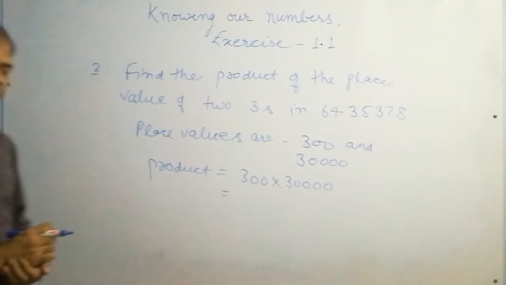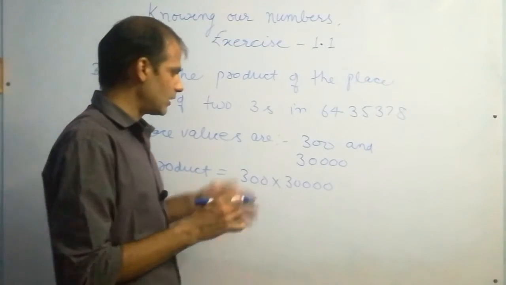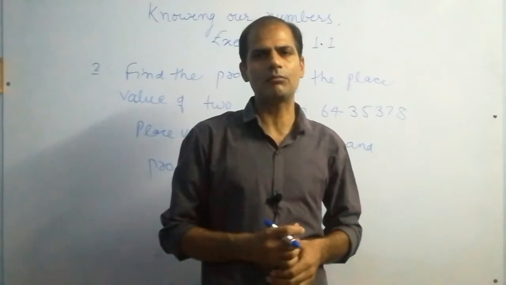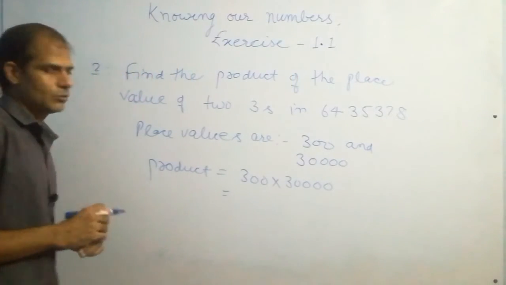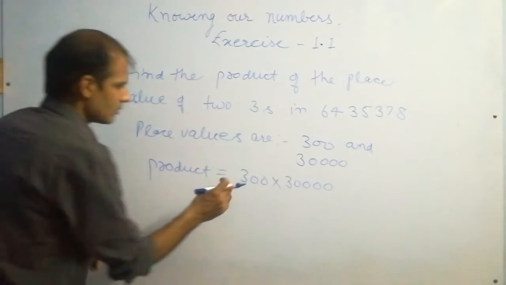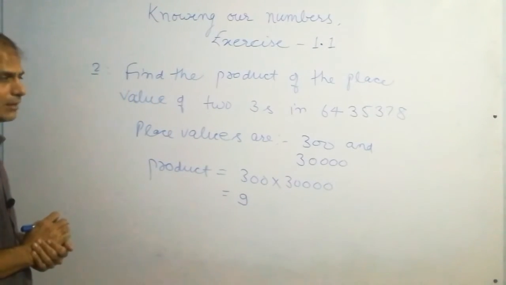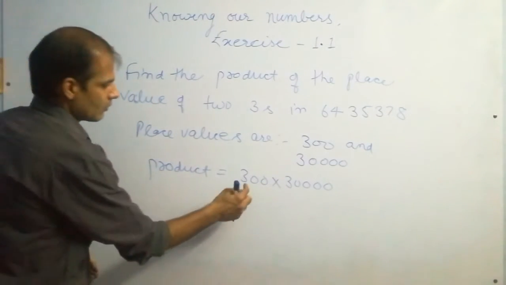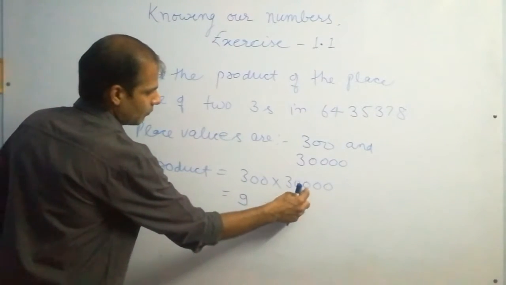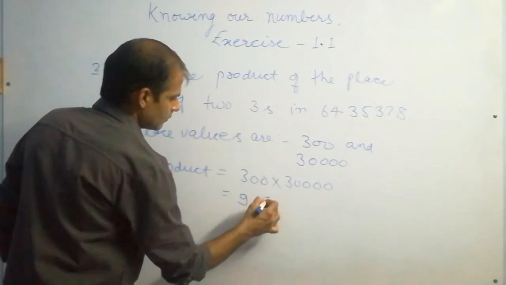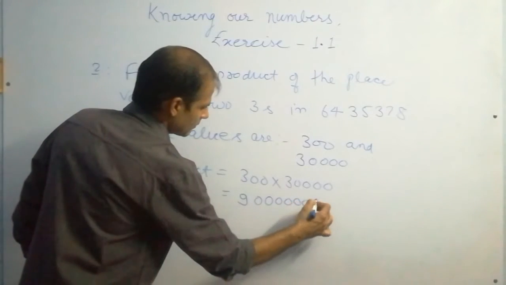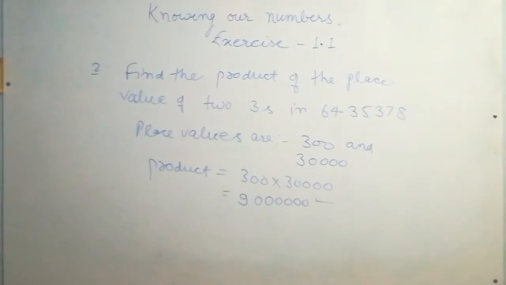Now students, it's very easy to find the answer if you see bigger and bigger numbers including zeros. Okay, don't think so much, just multiply 3 with 3. You have 3 3s are 9 and count the zeros. 1, 2, 3, 4, 5, 6. This is the answer of this question. So I hope this question is important. Okay.